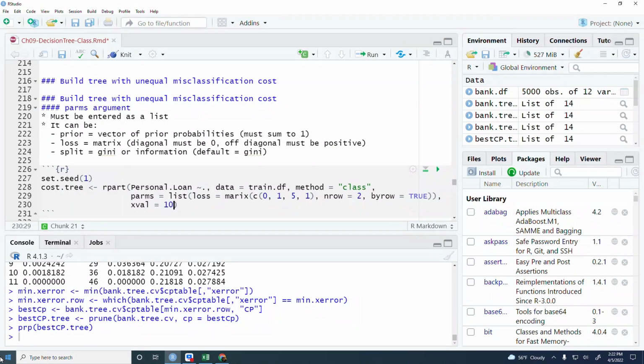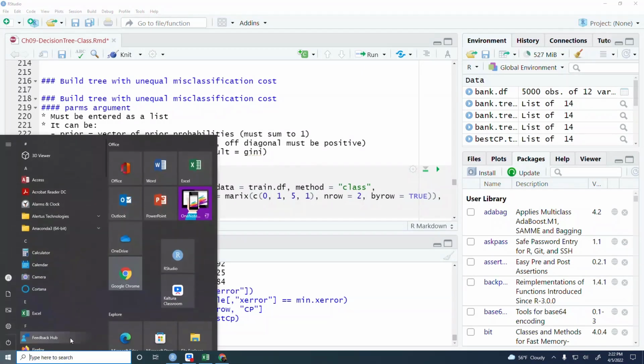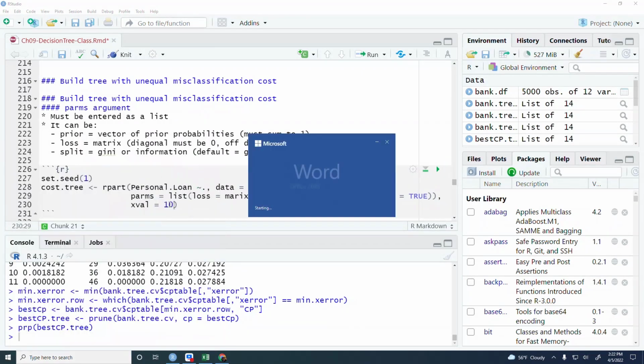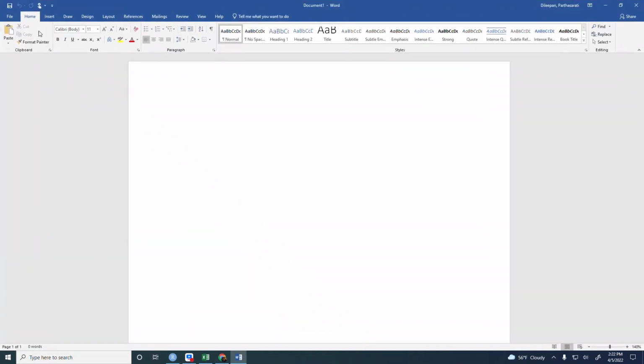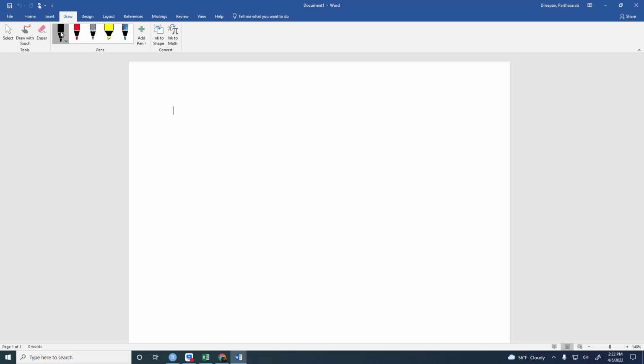Now, what this is going to do is, remember the way you build the matrix is, you have the actual, predicted,